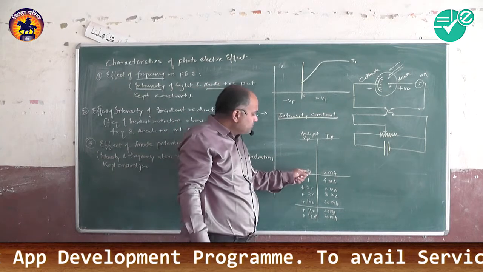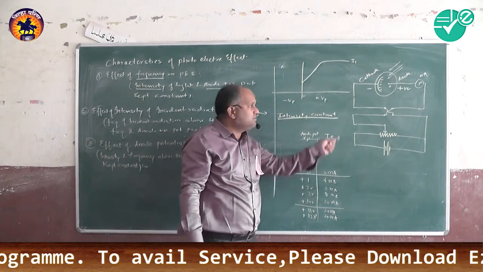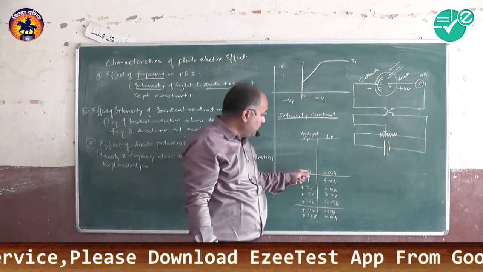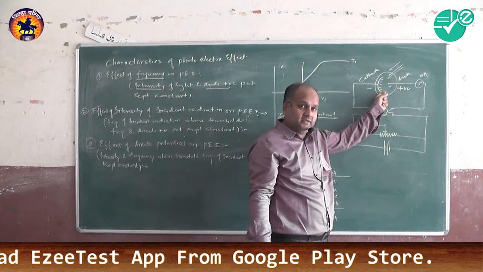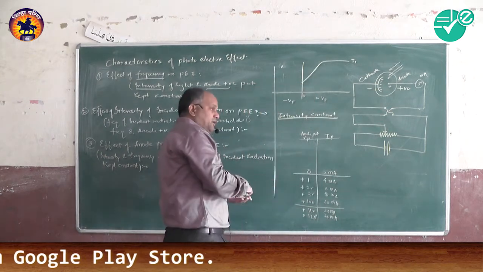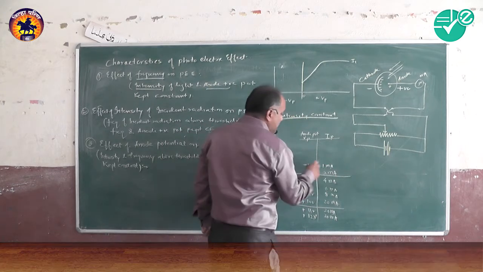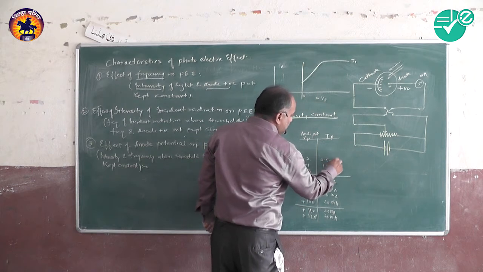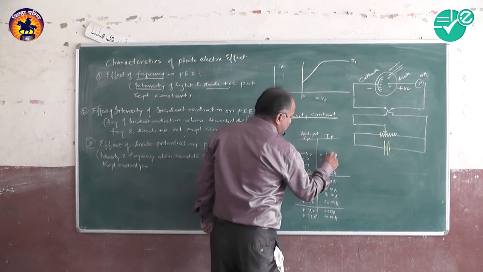But at zero potential, some of the electrons emitted from the surface of the cathode are reaching the anode, because zero is positive with respect to the cathode, which has a negative voltage given to it. So this one. Now if I reduce the potential to minus 1 volt, this is 1 milliampere. If minus 2 volt, this is 0.5 milliampere. Minus 3 volt, this becomes 0.1 milliampere.